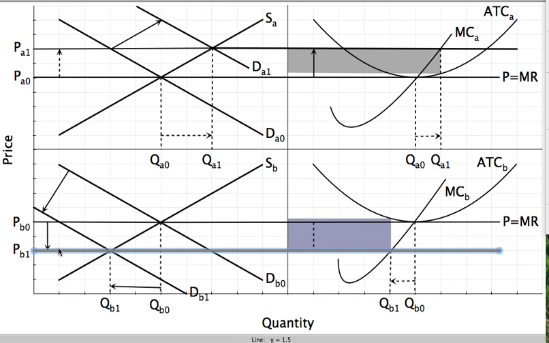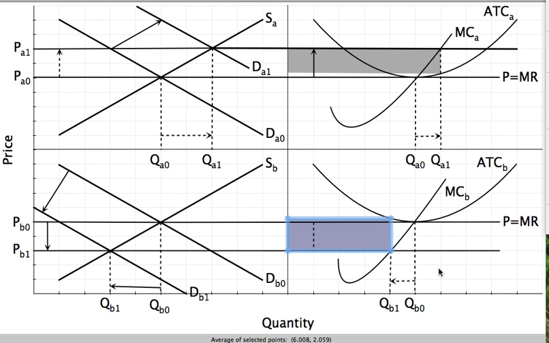Well, this now becomes the new marginal revenue curve. This was the original marginal revenue curve here, and this is the new marginal revenue curve because the market has set the price at a lower amount. In order to maximize profits, we still go to where marginal cost is equal to marginal revenue. So where this intersects marginal cost, that's the new profit maximizing output level. So at that profit maximizing output level, we go up until we hit price, and the difference between price and average total cost in that quantity, the rectangle that's created by that, is